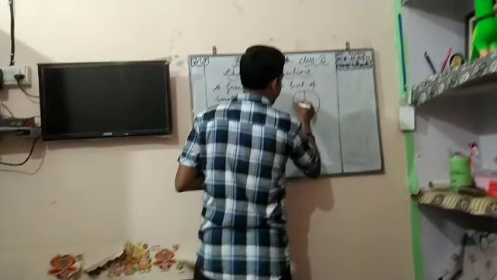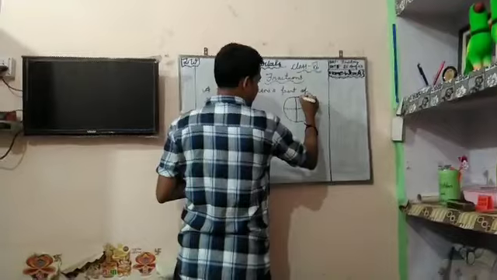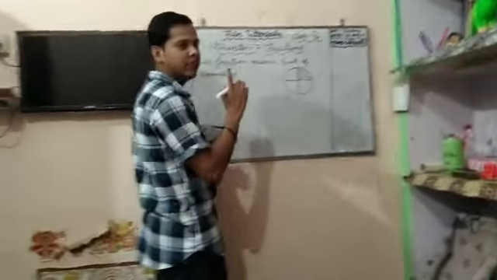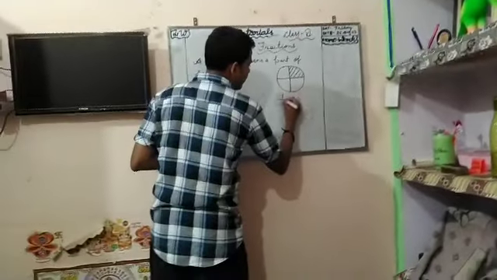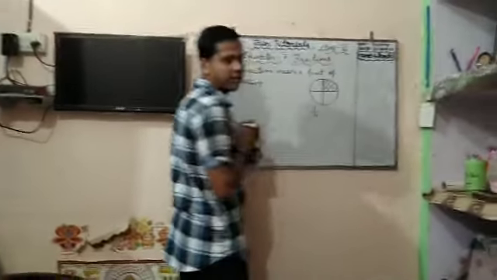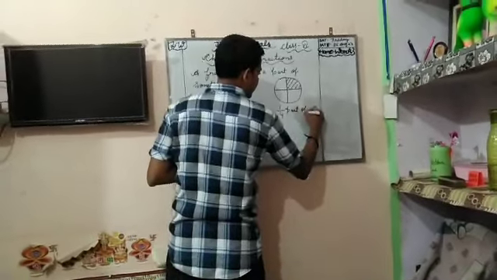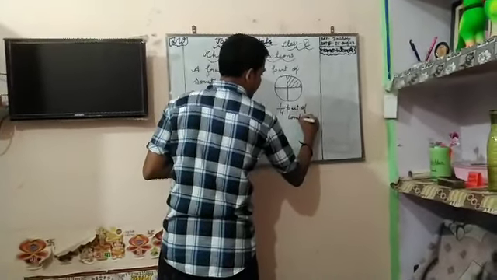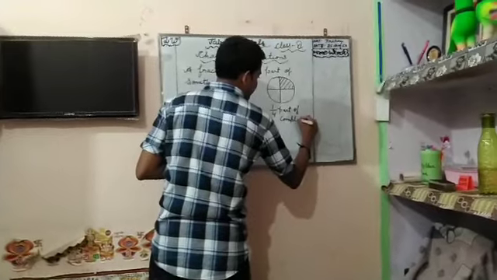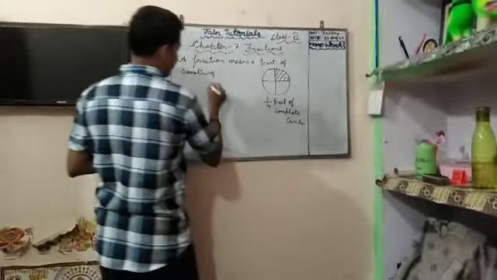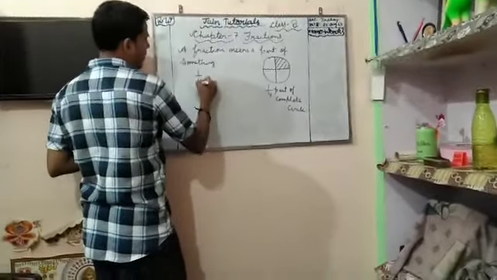Okay? If I draw one more line, now how many parts? Four parts. Okay? How many fraction I have done of one complete circle? It has become 1/4 part of the complete circle. We can write it as 1/4.